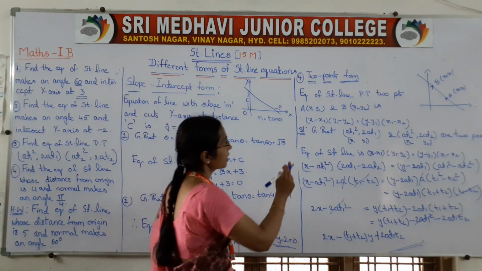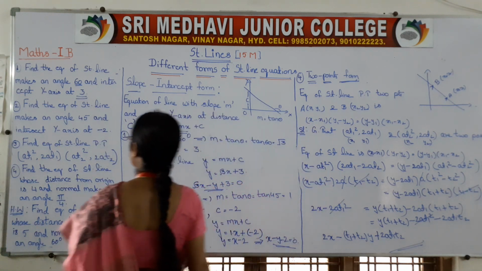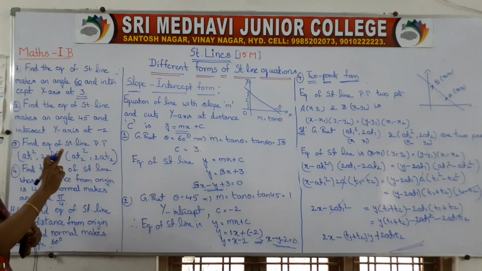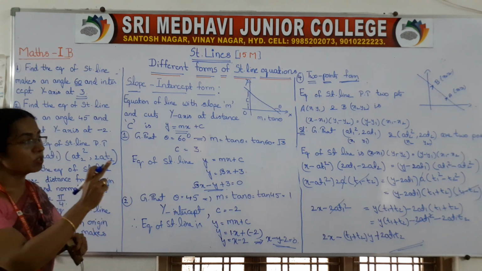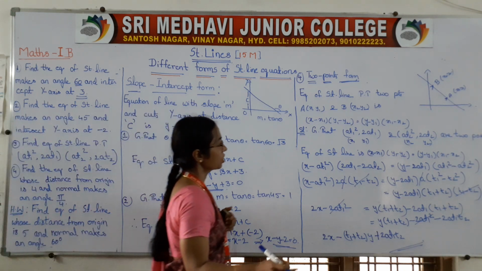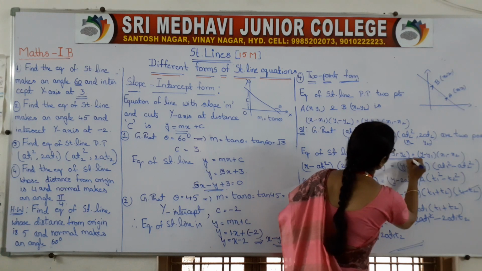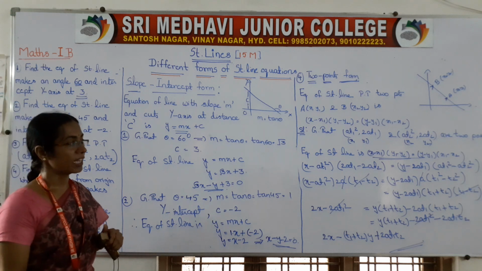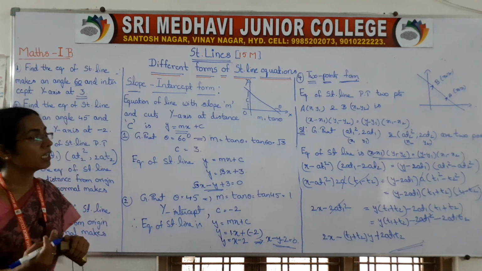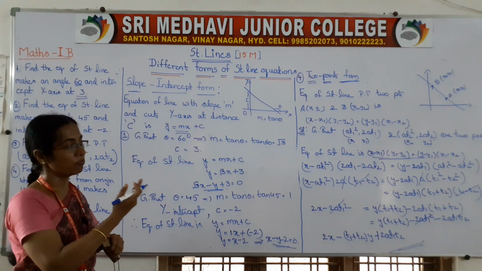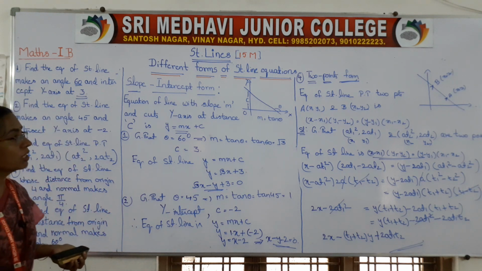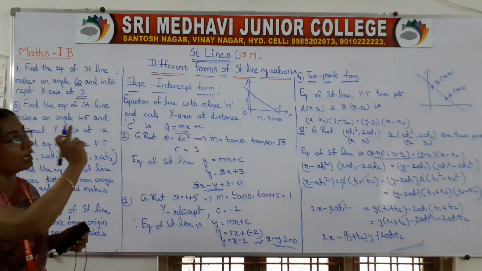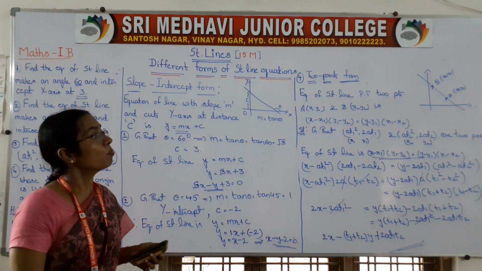So if 2 points are given to us, see the question, find the equation of the straight line passing through these 2 points. If 2 points are given to us, just substitute, take the formula. Which formula we should take? This is the formula. So whenever you get any new formula, try to write that formula 2-3 times and say it once loudly, so that your brain will be familiar with the terms also. So third form is slope intercept form, and fourth form is 2 points form.